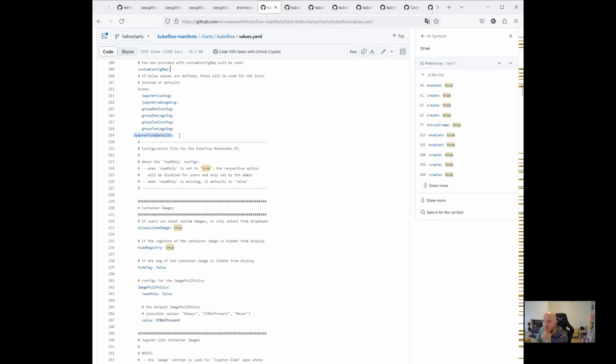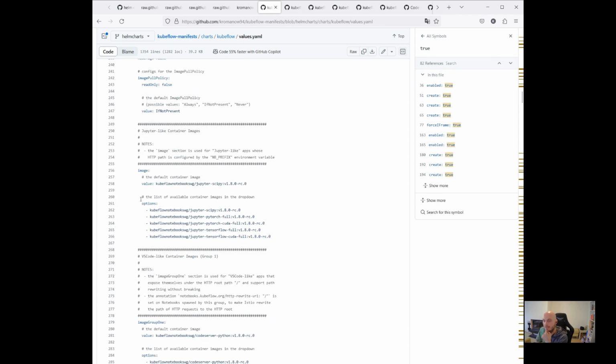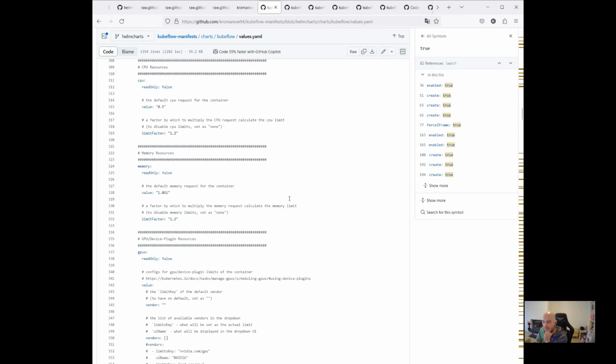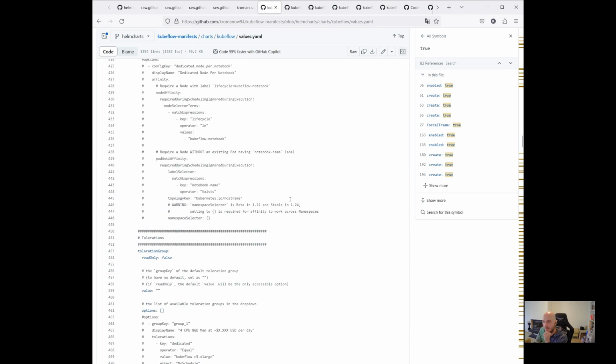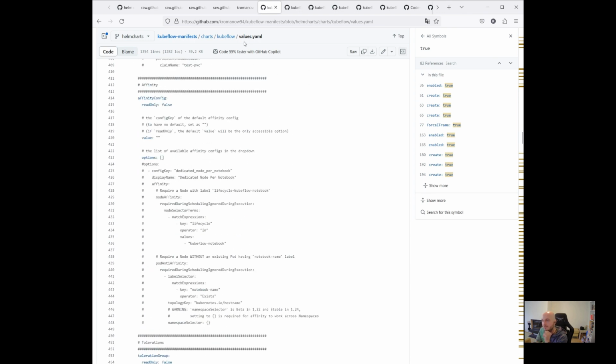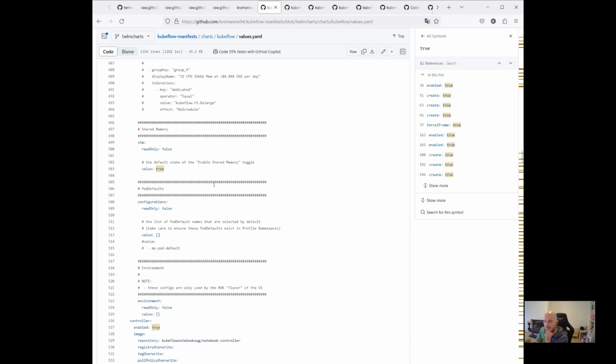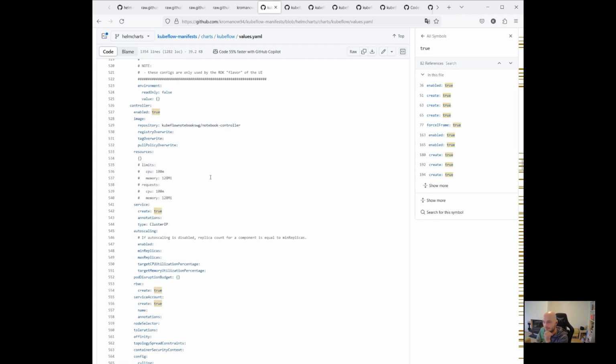So what's next? The spawner form defaults. If you, for example, have the images or some other images that you support or want to allow deploying on your infrastructure, you can also just point a specific config here. If you are familiar with the Jupyter Web App spawner config, you should already have a grasp on what's happening in here. Then the notebook controller,